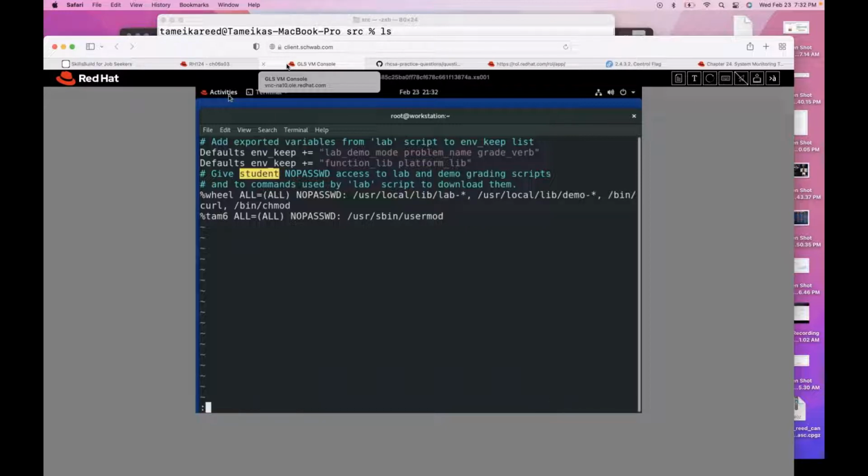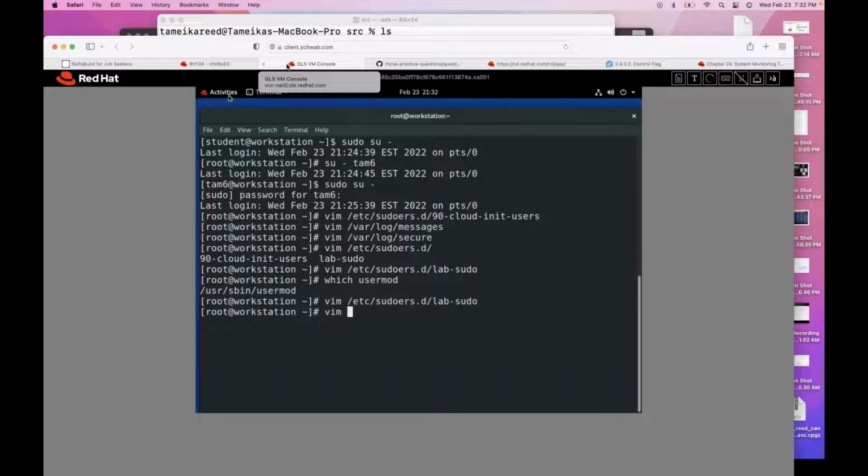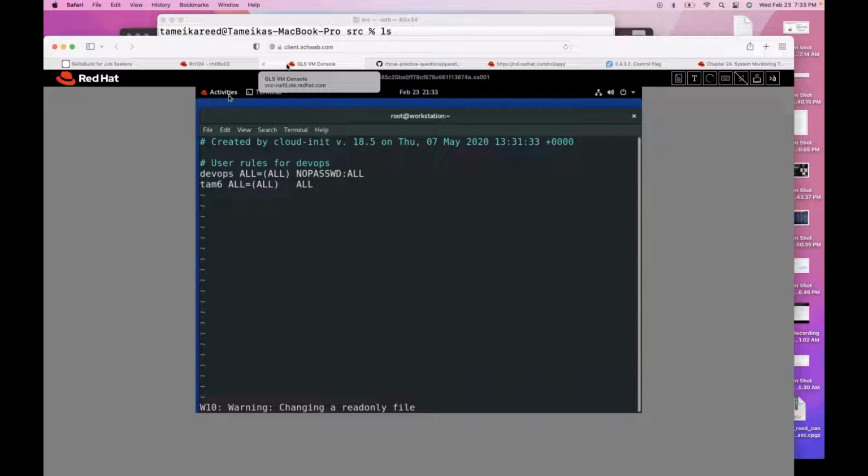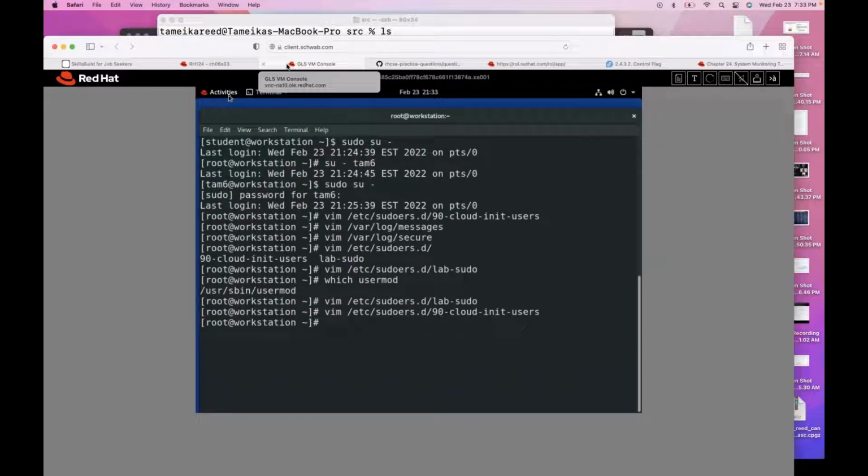And then I'll go back and get rid of the user entry here, right? I'll get rid of that one. All right. So now by default, if I exit,